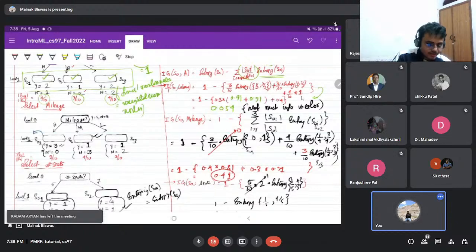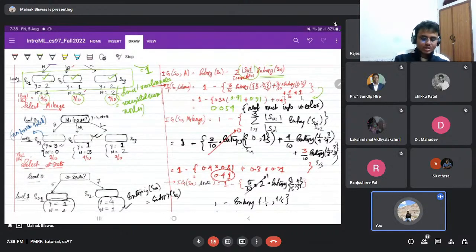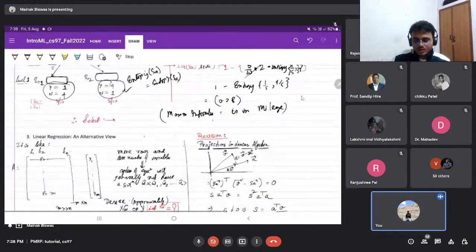No split required. No further split. Because there is no entropy here, and out of these two, wherever you see the maximum entropy, you can decide to continue with splitting or stop with splitting. Is that clear? So continue this process